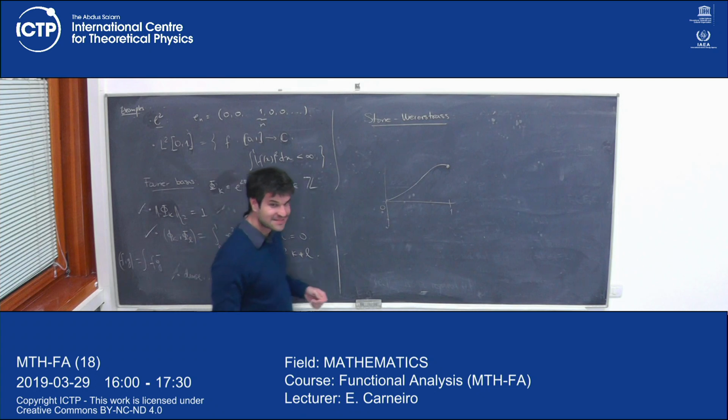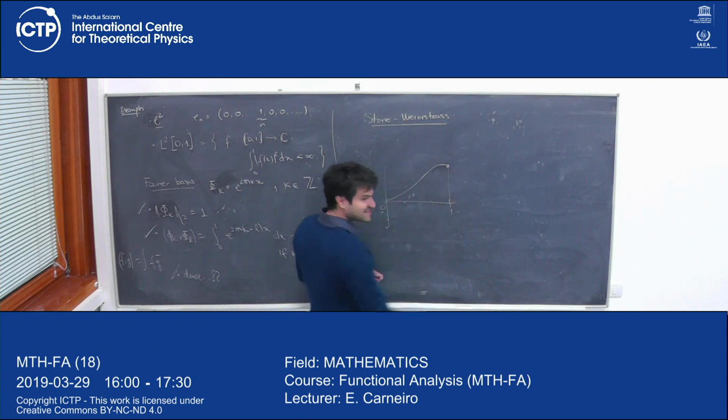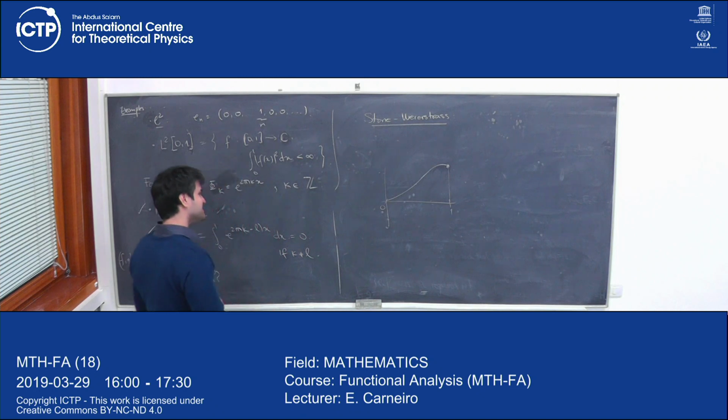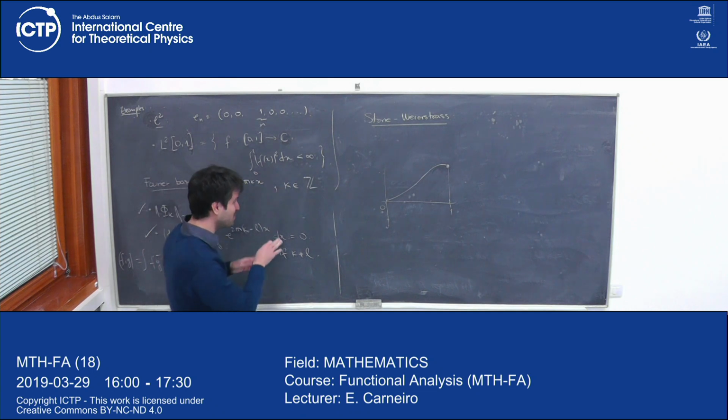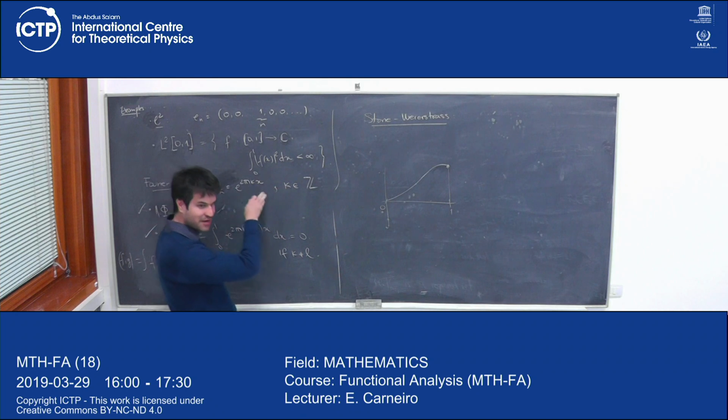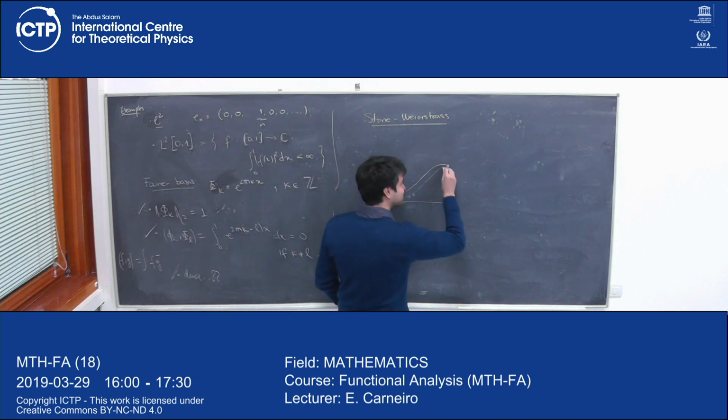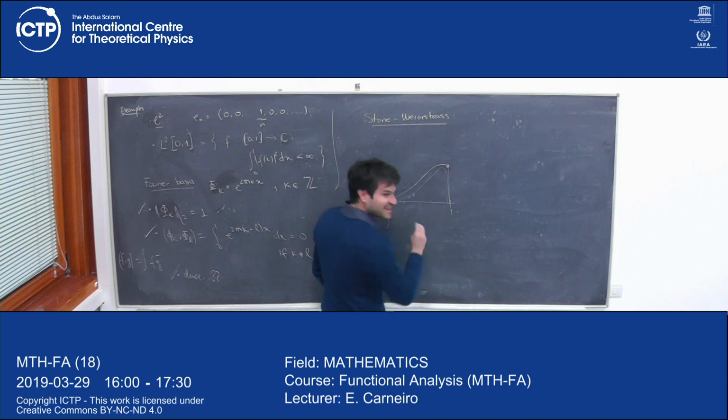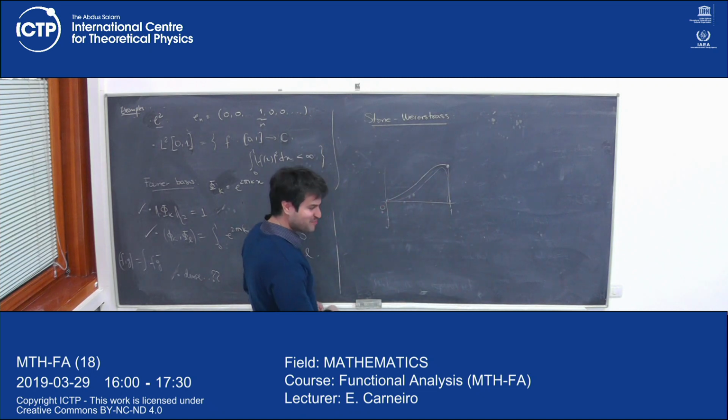No, but because we are considering them as elements of L2, we don't care about their value at a set of measure 0. So we can consider another function which gives the same function, this phi k, but which at 1 gives the value 3 or whatever. It is the same function as an element in L2. Yes. But what I'm trying to say is that if you try to approximate this function by linear combinations of these, it will always be something that does like this. In the L2 norm, you're going to get small, but